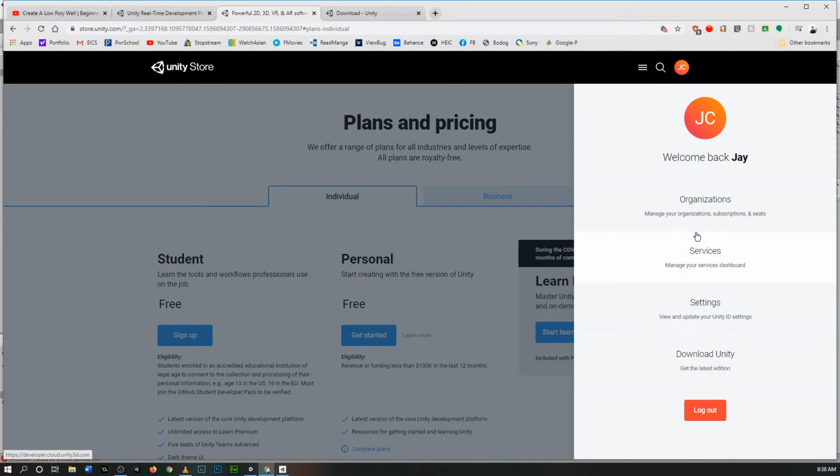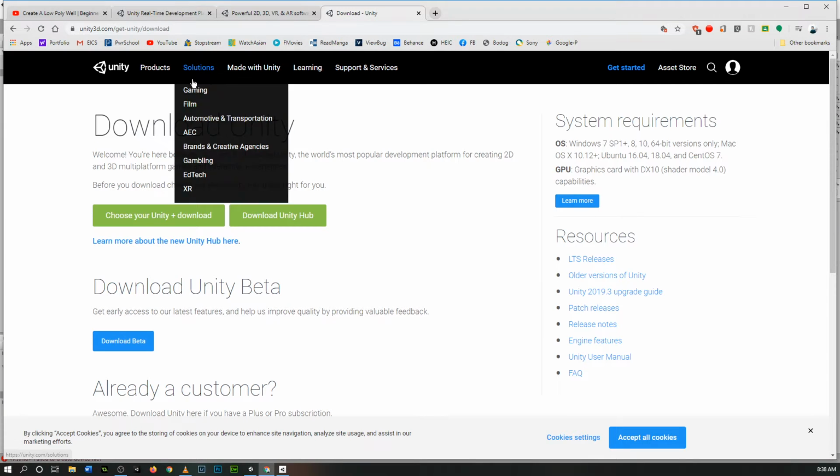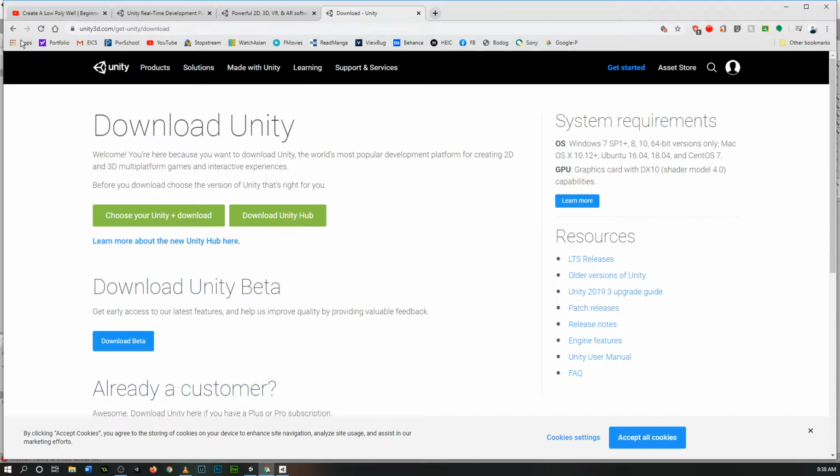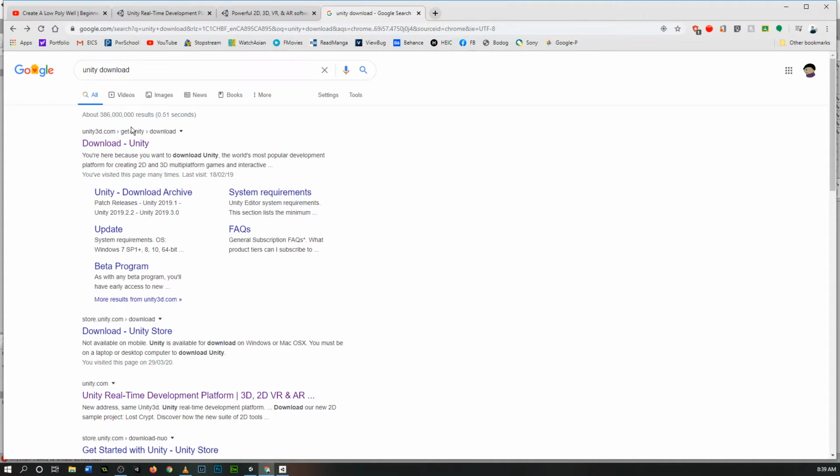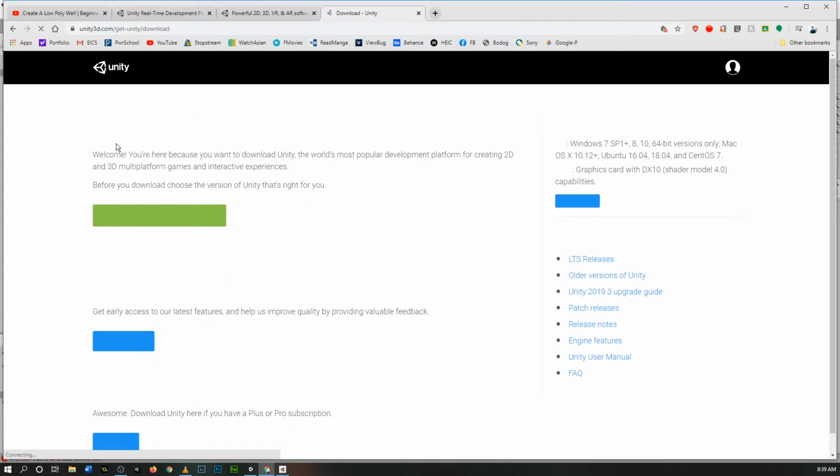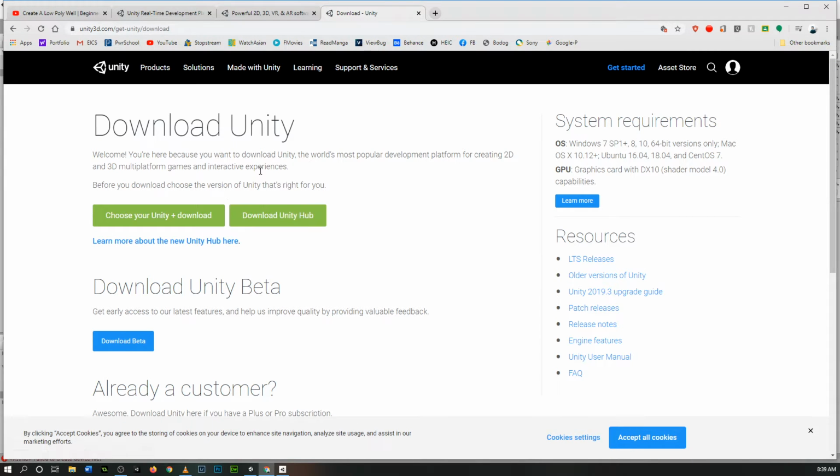If you do not get this particular screen, simply go in Google search and type Unity download, and you'll be taken to this site. Select the Download Unity Hub. Once this is downloaded, open it up